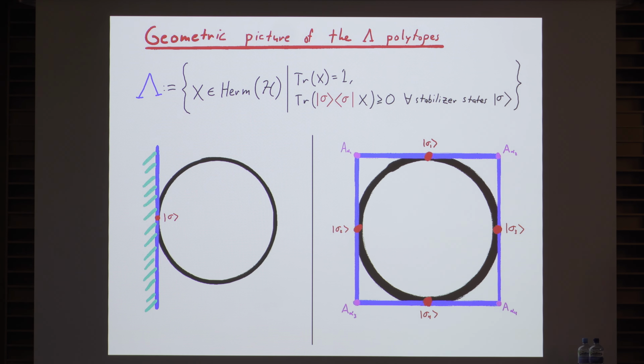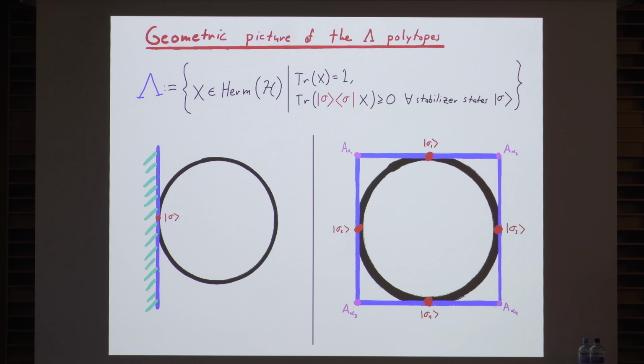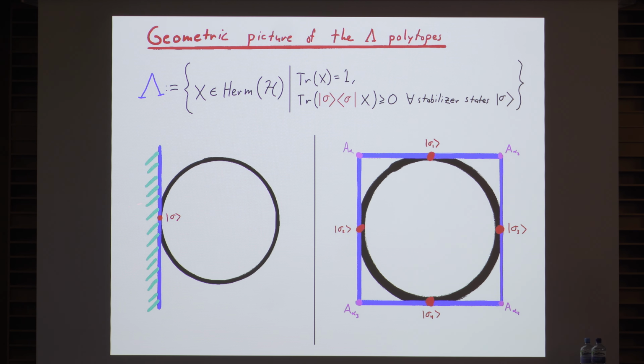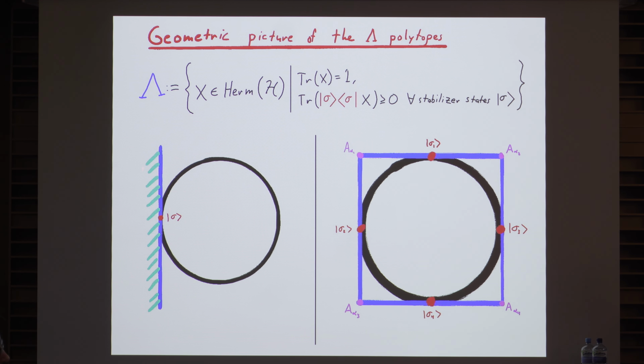So that's all we're imposing. And it turns out everything just works. So here's what it looks like geometrically. Here, the black part is supposed to be a cartoon of your space of physical quantum states. And then you have a finite set of pure stabilizer states, and you have an inequality for each of these pure stabilizer states. And the inequality says